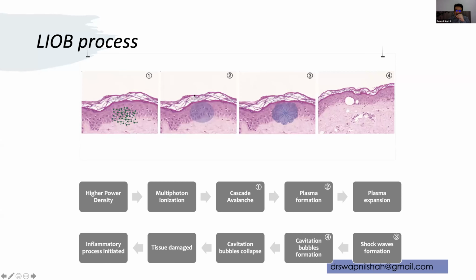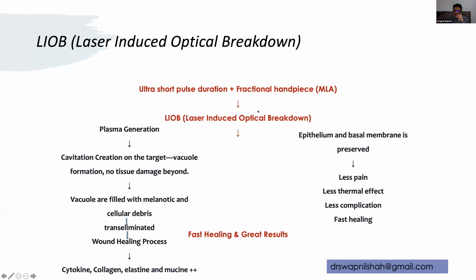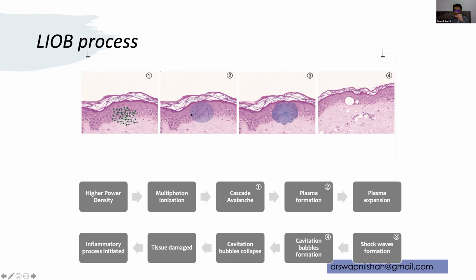So basically LIOBs is a new type of fractional injury without damaging the stratum corneum, the skin barrier. We know that for scars, you have a fractional ablative laser or a fractional non-ablative laser. And we also know that fractional ablative laser works best, but they have a risk of complication. Here we have advantages of both. We have a preservation of stratum corneum, which is very important to avoid complications, but we have an ablative injury in the skin, in the epidermis and dermis.